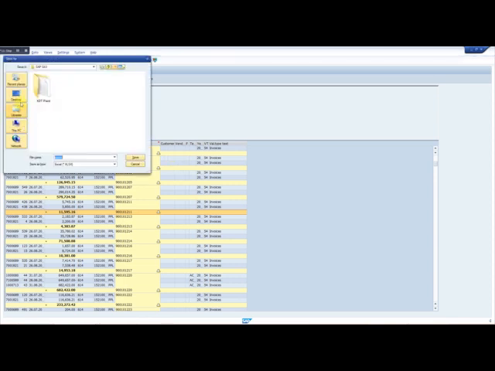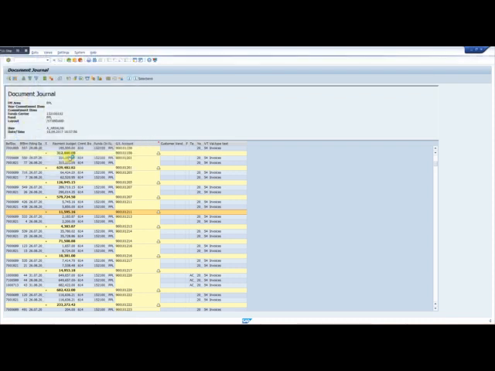Now I will put it on the desktop. I will name it cost up to the date, the current date. My current date is now 16. So this is how I will get an Excel sheet.